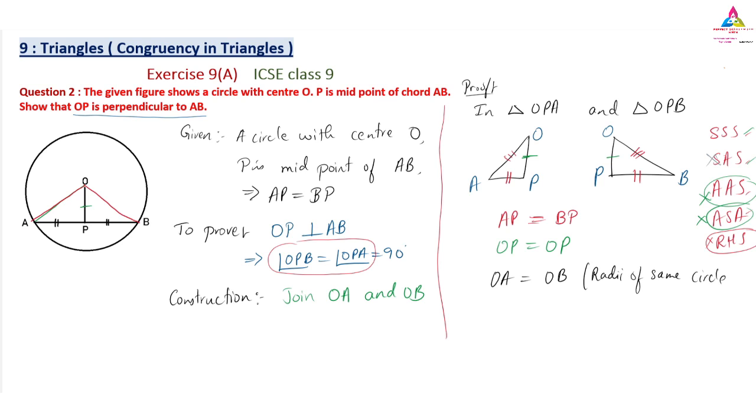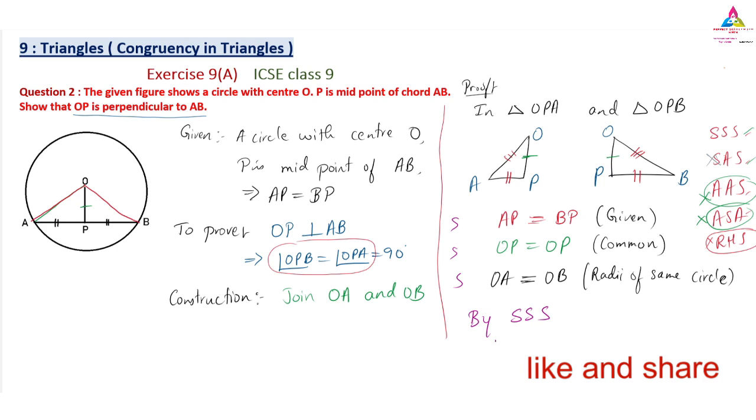Why we call it radii: if we are writing the two radius of the same circle, then we call it radii. For a different circle also, if we are writing two or three radius, then we call it radii. And OP is common, write down the reason behind it because it will be good. And this one is already given, or you can write that P is the midpoint. So the three things we have got are side, side and side. So by SSS rule, that's the congruence rule, triangle OAP is congruent to triangle OBP.